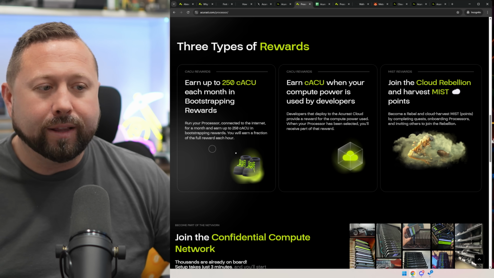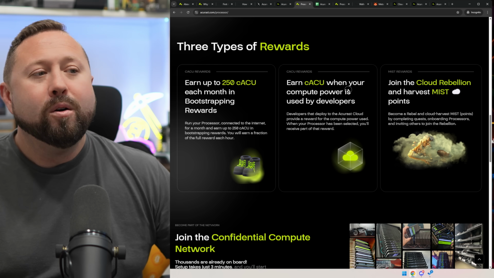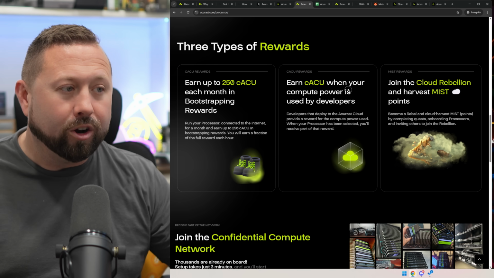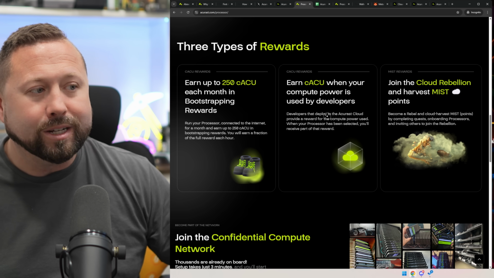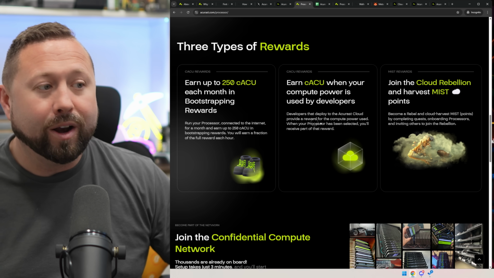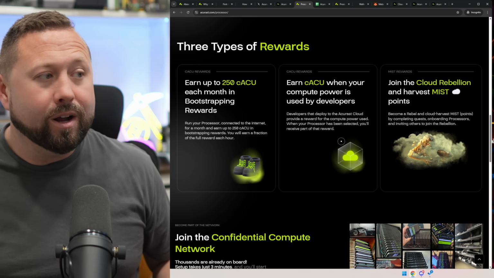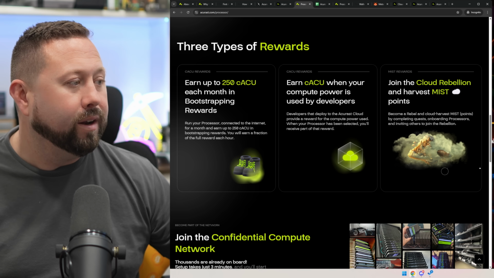And it talks about that in more detail here. When something is deployed on the network, you're going to earn a little bit more. You can see developers that deploy to the Acurast cloud provide a reward for the compute power used. So you as a processor get to go ahead and benefit from that.